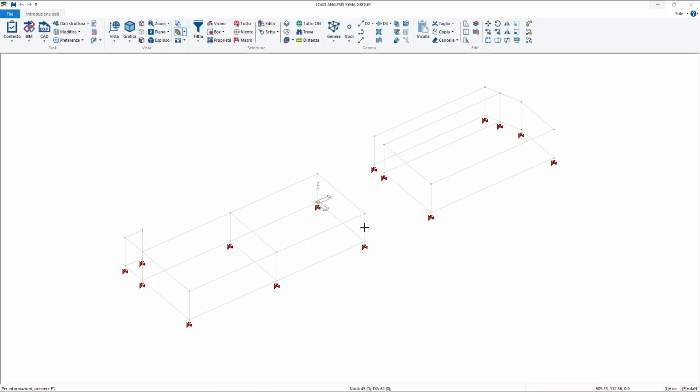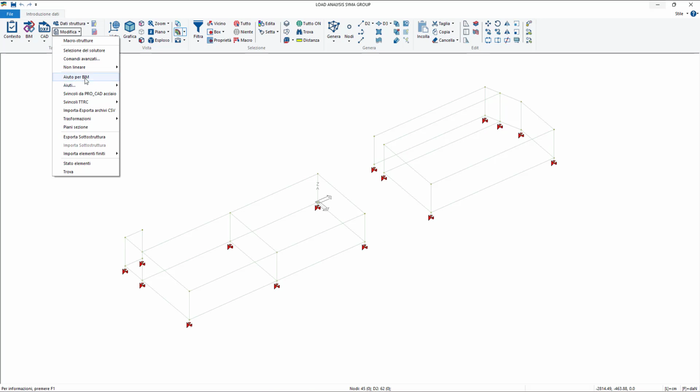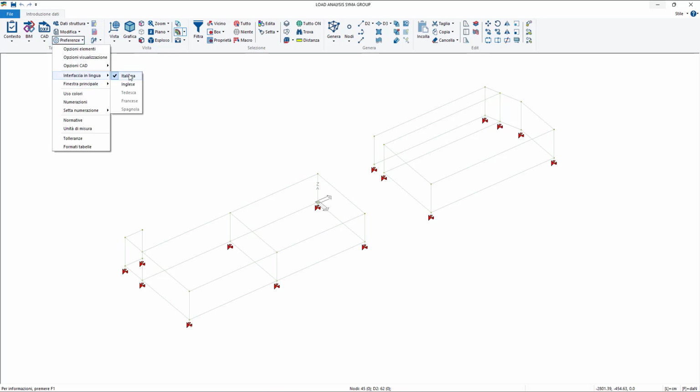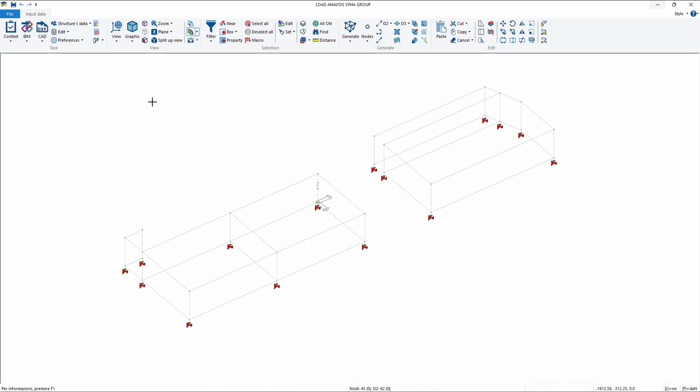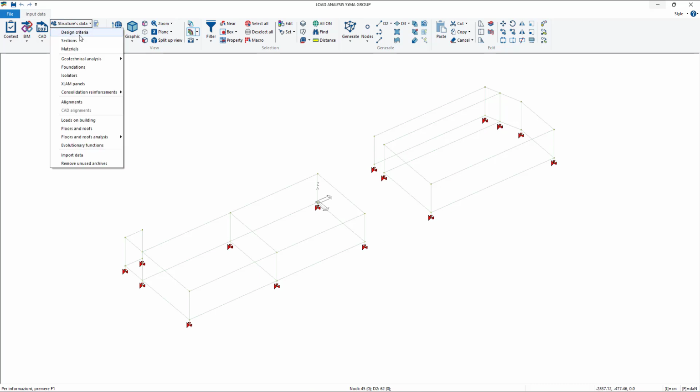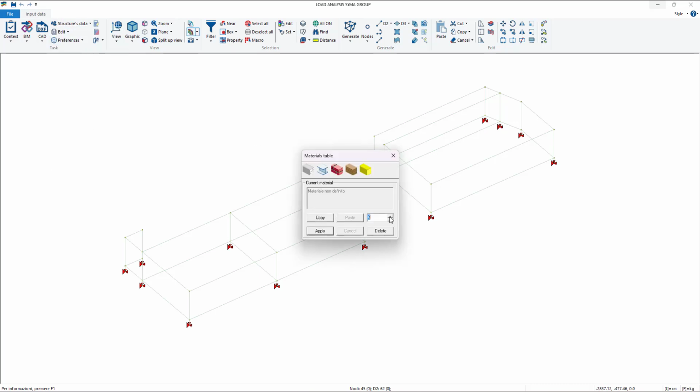And first of all, I know that you have some issues with the material archive because it results empty on your computers and probably is an installation problem, but we can resolve it in other ways. First of all, I'm gonna select the link with the language. I'm gonna set English. And second step, I'm gonna delete all my material archives because I already have the default materials. Oh no, okay, sorry, it is already empty because it's your file.